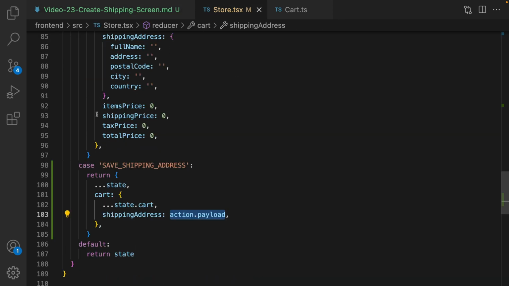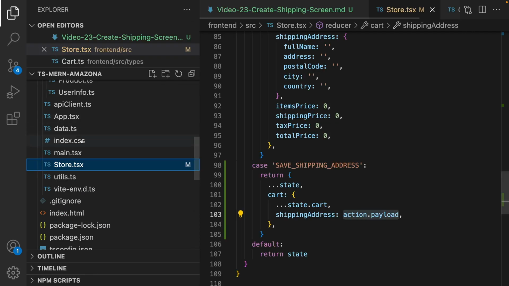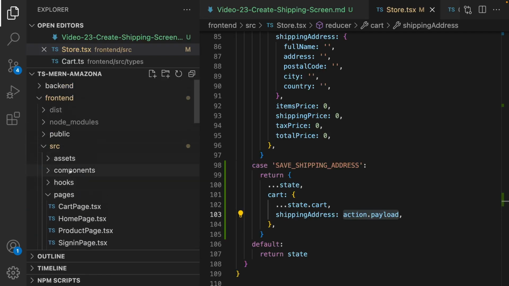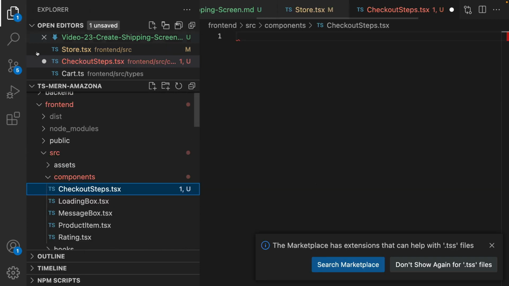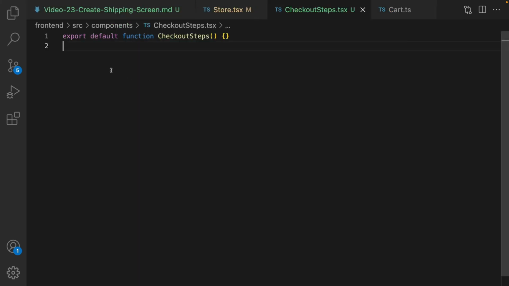Next step is creating checkout steps. We are going to use it in the shipping address. Go to the components folder in frontend, right-click, new file, and set the file name to checkoutsteps.tsx. Inside this file, define the checkout steps component by using export default function checkout steps, and inside that I'm going to return